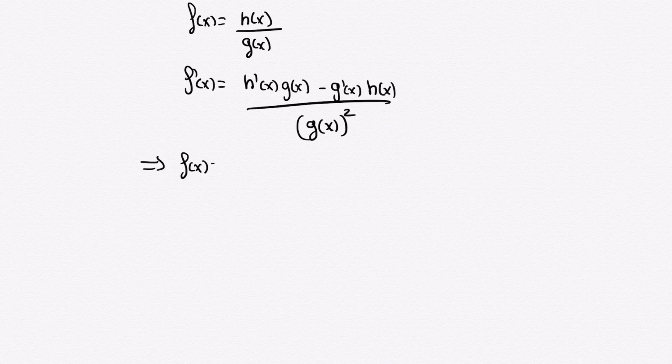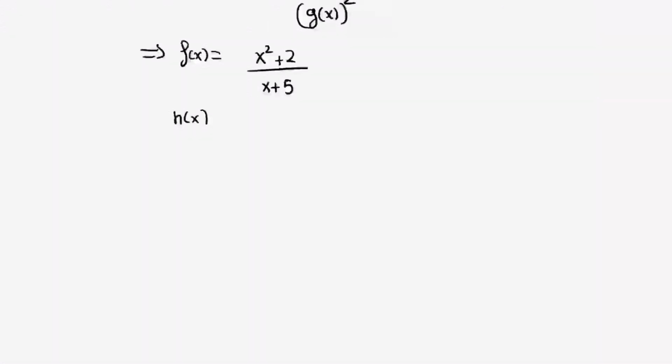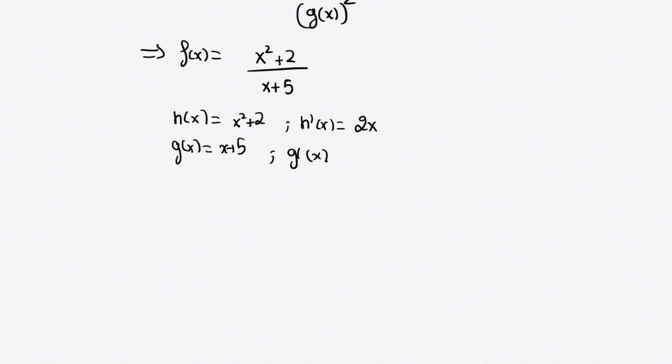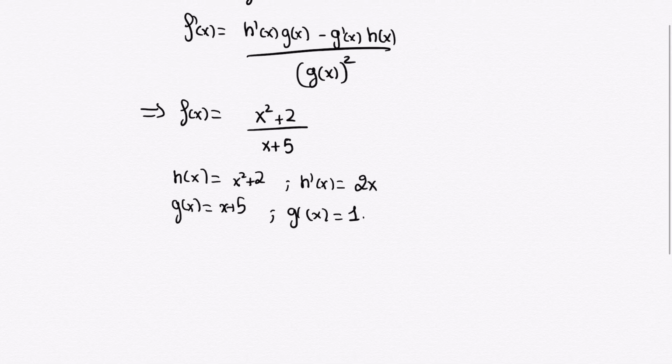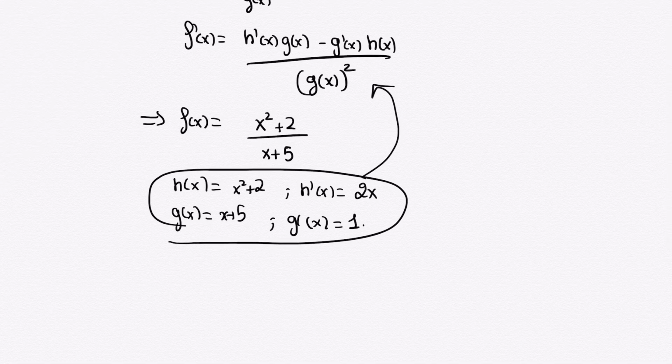So let's say we have f of x equals x squared plus 2 divided by x plus 5. So we know that h of x equals x squared plus 2. So h prime of x equals 2x. g of x equals x plus 5. So g prime of x equals 1. So now if we plug in this formula, we get f prime of x equals